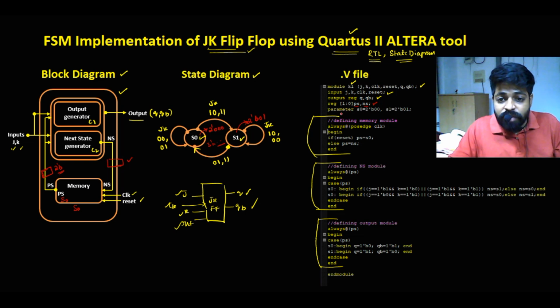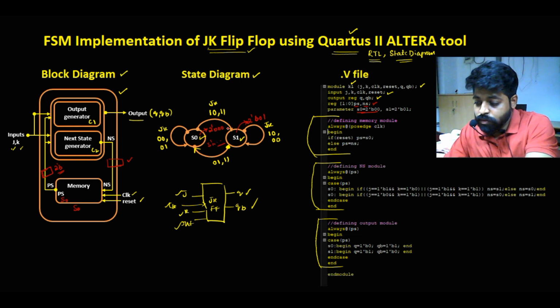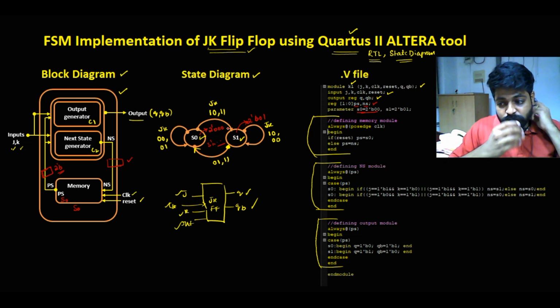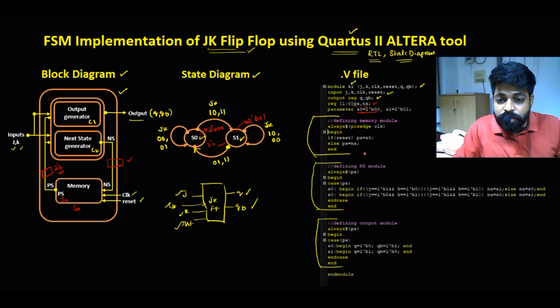Yes, after that we have to go with the parameter assignment. So what we have assigned to S0, the tool should know that. The tool only knows input combinations like 00 and 01, 10, but what we know is S0 and S1, the notations we are using. Those notations will be assigned some parameters over here. 00 is the symbol for the S0 notation, and 01 for the S1 notation,